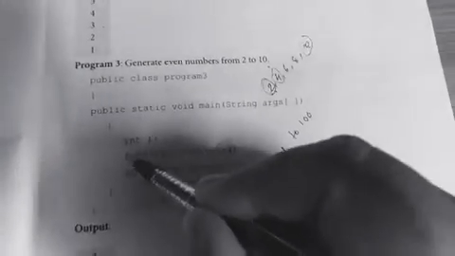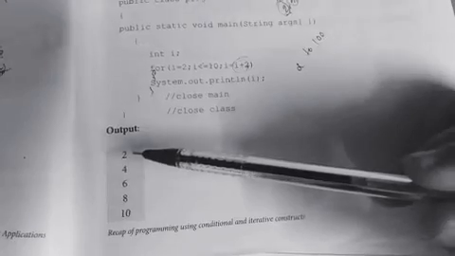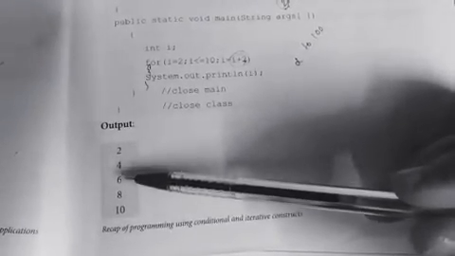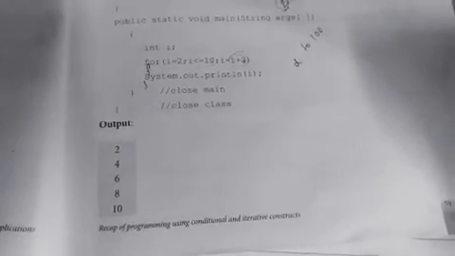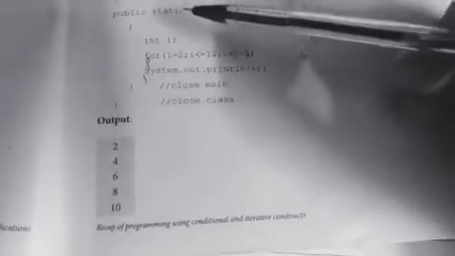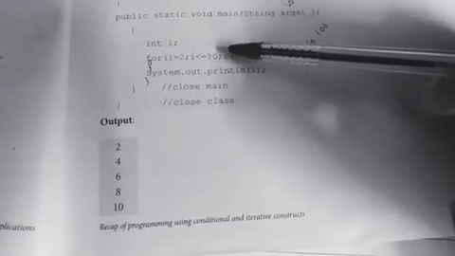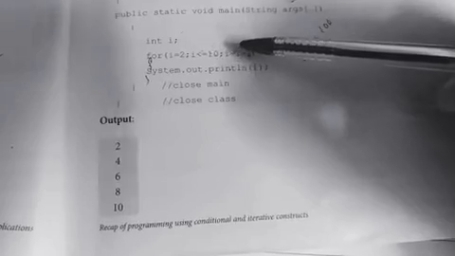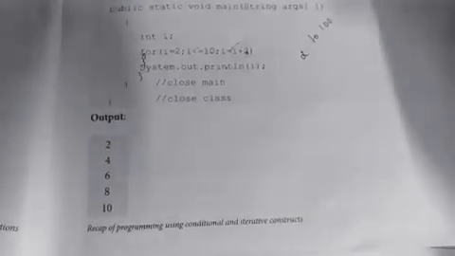Here you can use the opening and closing braces as well. So here the values printed are 2, 4, 6, 8 and 10. The same program we can use to print in reverse order. At that time, for I equal 10, I greater than or equal to 2, then I equal I minus 2. That is the change you have to make in this program.